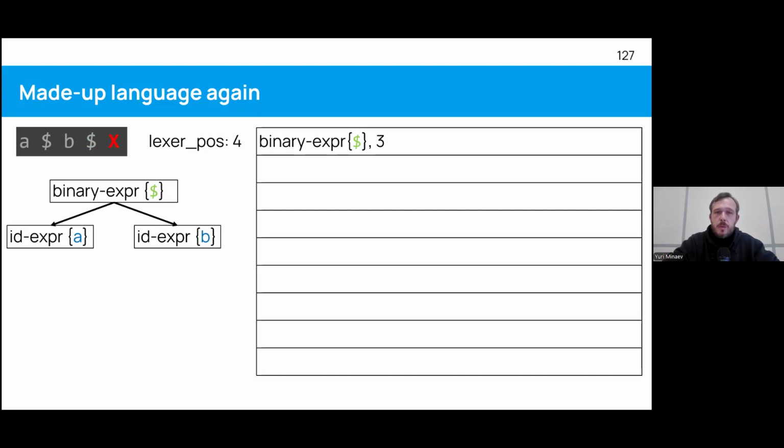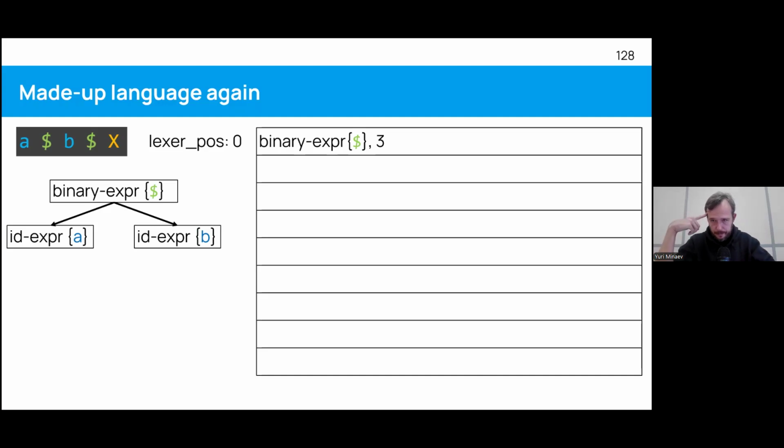So what we do, we backtrack to the very beginning, but we keep our state intact. Whenever backtracking occurs, we keep whatever's on the state in the state it was before backtracking.